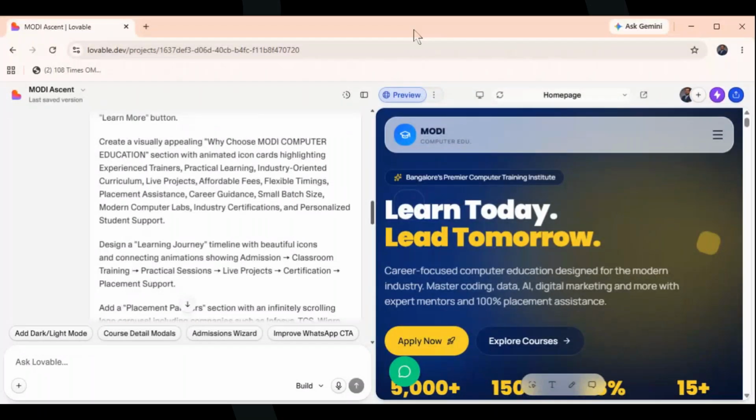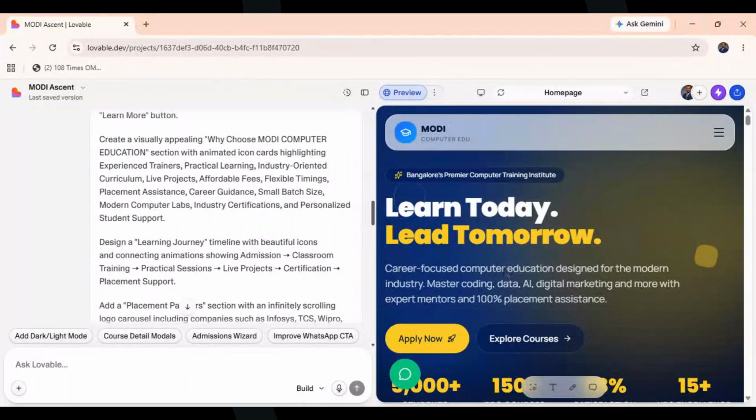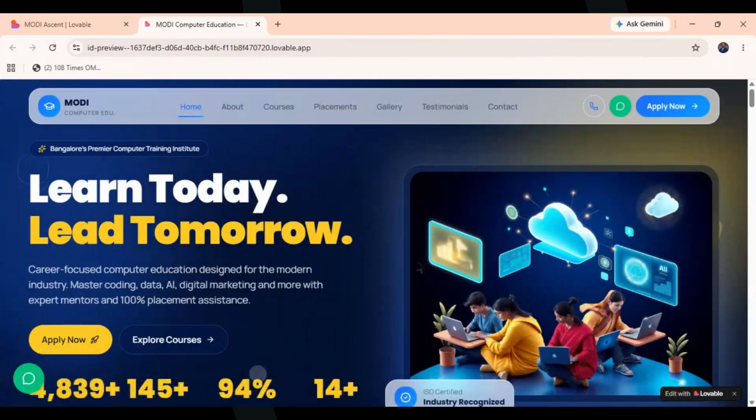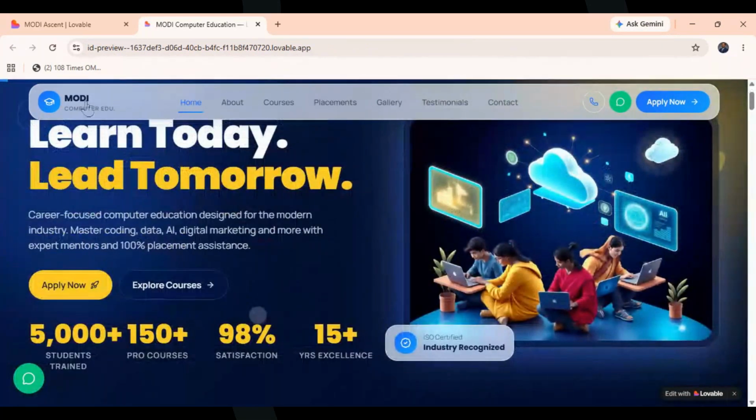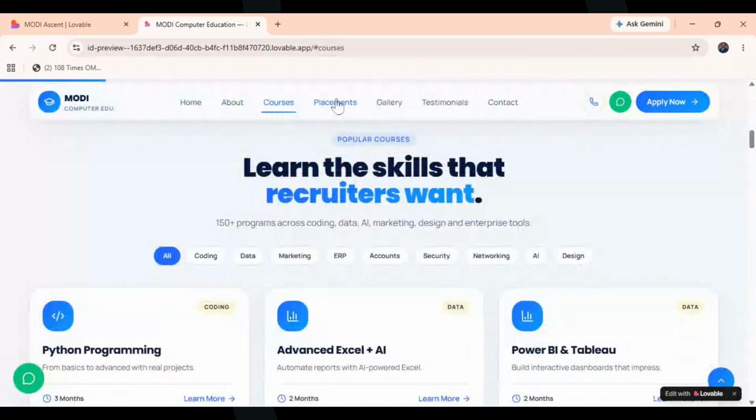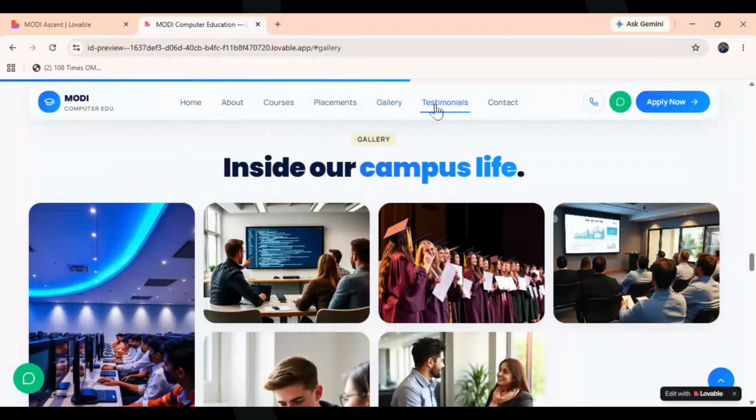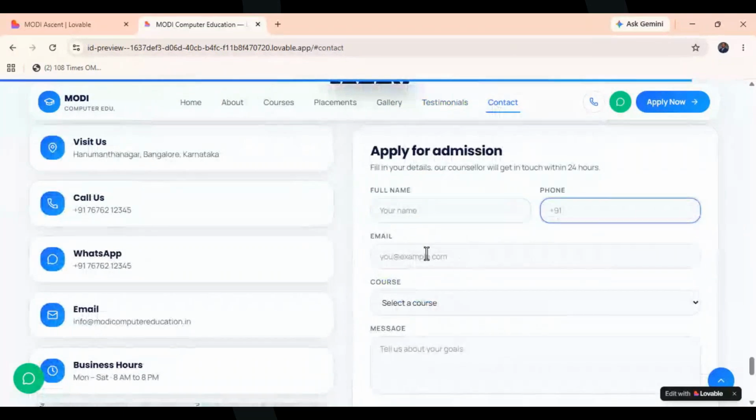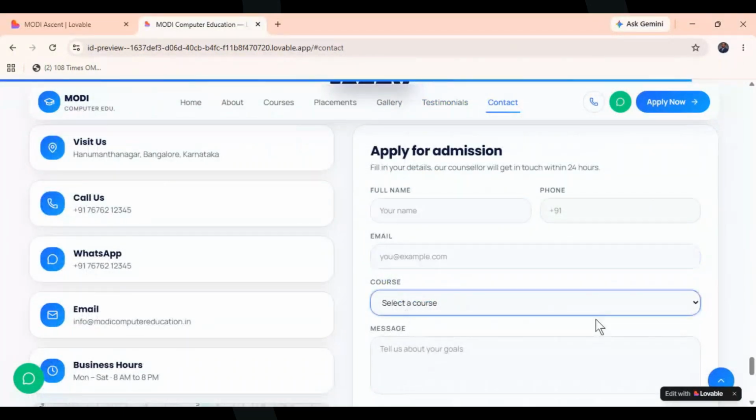Here you can see this is the one I recently created before I started this session, but it takes some time. I'm making this full screen. With just one prompt, I created a Modi Computer Education homepage, about us, courses, placement, gallery, testimonial, contact, then an application form and lead generation forms. Now, which course people are searching, for example,